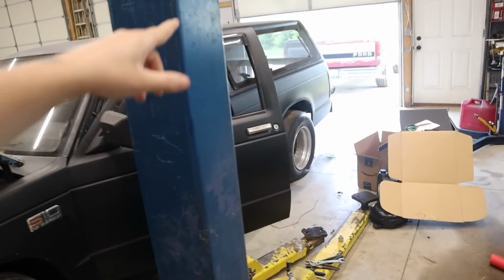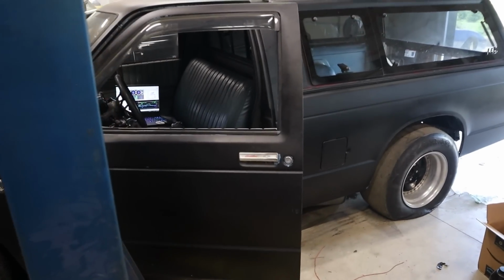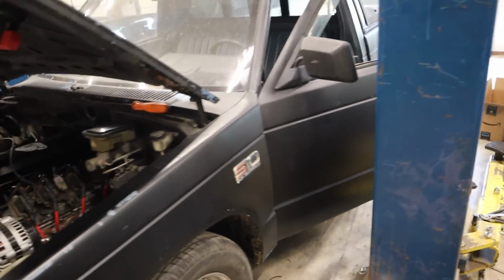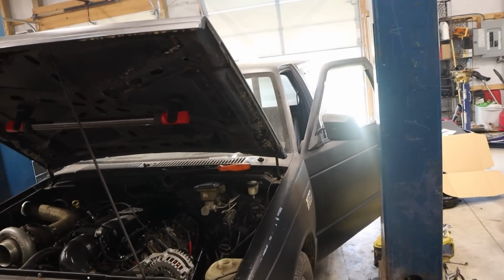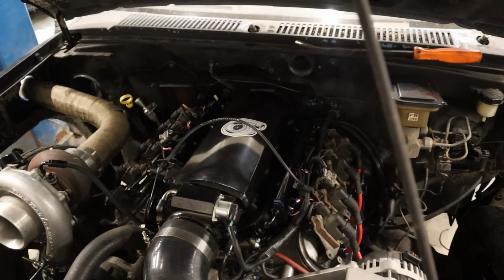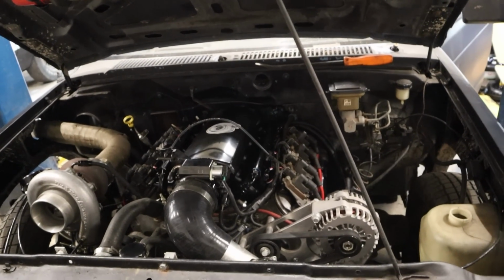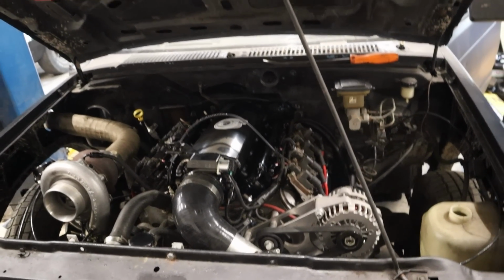I did notice that fitting at the top of the tank is leaking, so that's a whole lot of fun. Good thing these stock tanks are easy to get in and out. And luckily I only put 5 gallons in it, which there's probably only about 4 gallons in it now. So I'm hoping that I've got things close enough to fire up, because if I don't, man, this is going